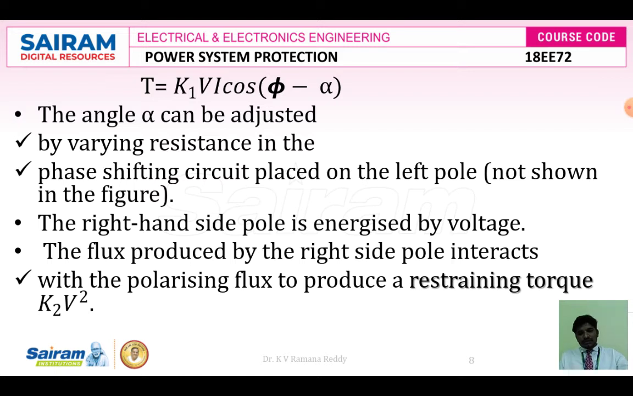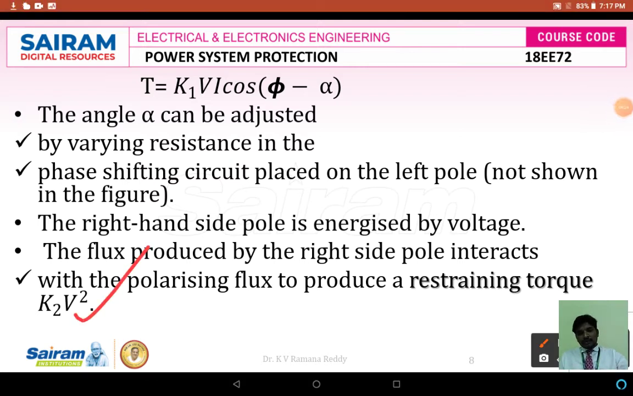The purpose of adjusting the phase angle to such a level is to meet the desired torque to make the circuit breaker contacts open. For that purpose, we are using this expression T = K1 Vi cos(φ − α). And there is one more torque, which is called the restraining torque. After clearing the fault, the circuit breaker contacts have to close. For that purpose, one more torque is expressed here, that is T = K2 V². Therefore, there are two torques: one is the positive torque to open, or trip, the circuit breaker, and the other is to